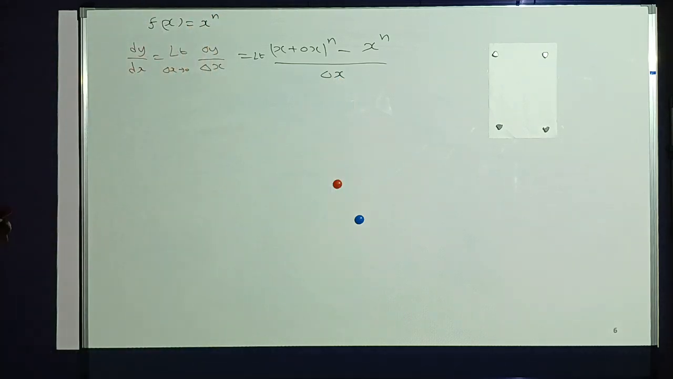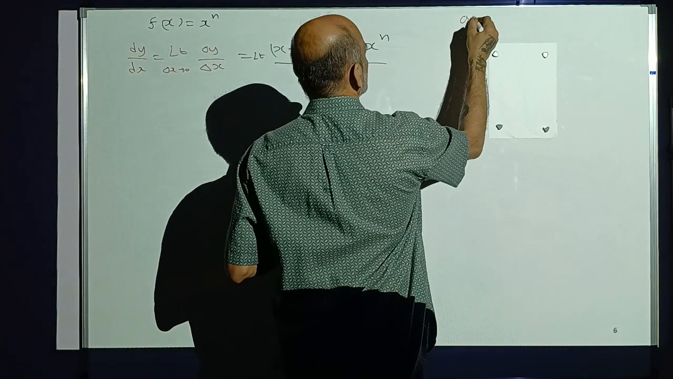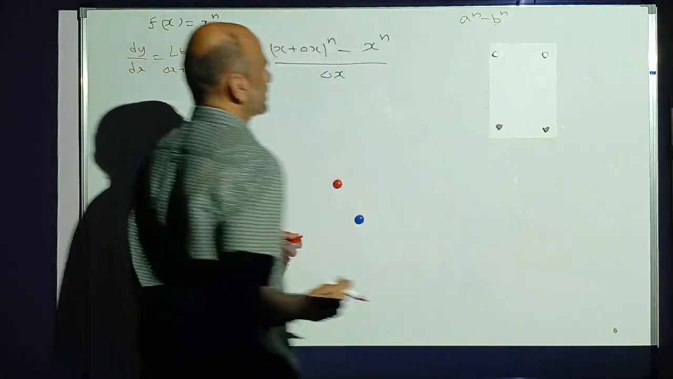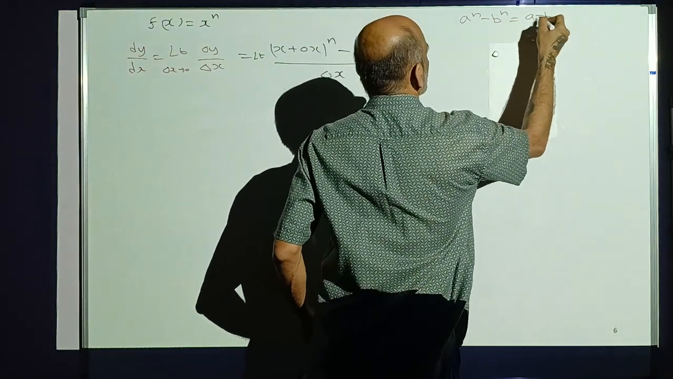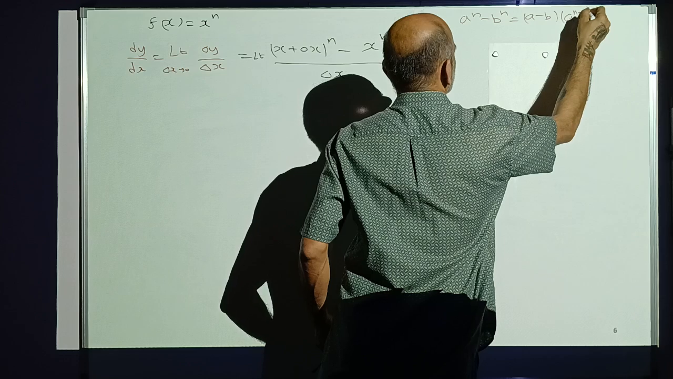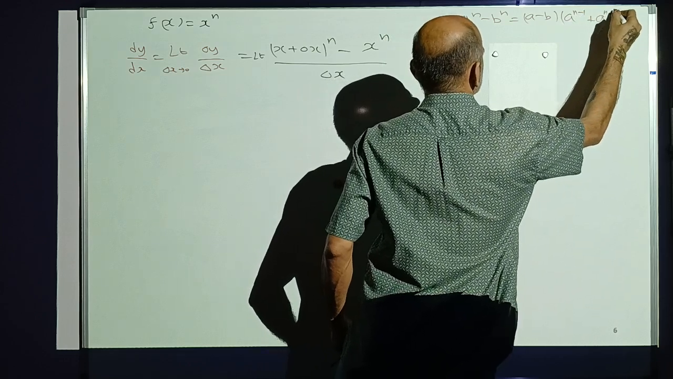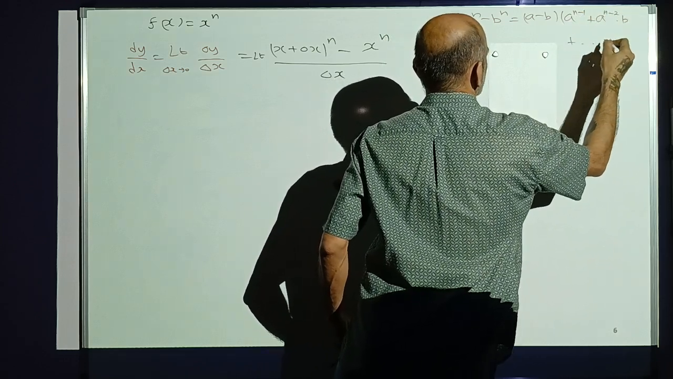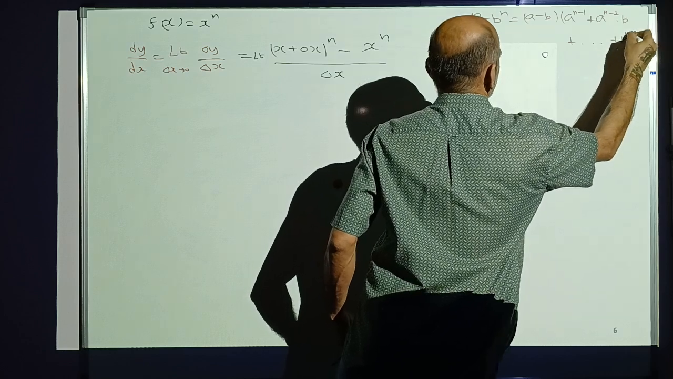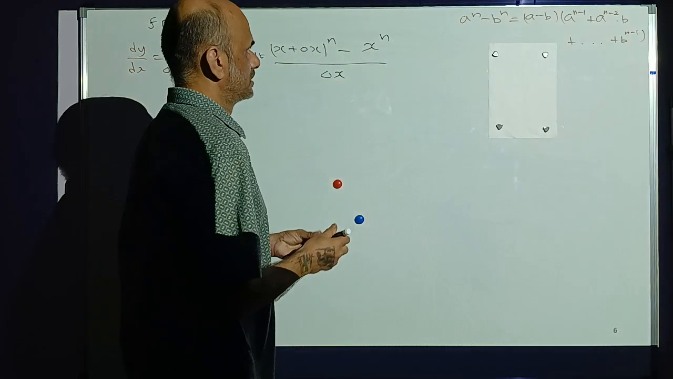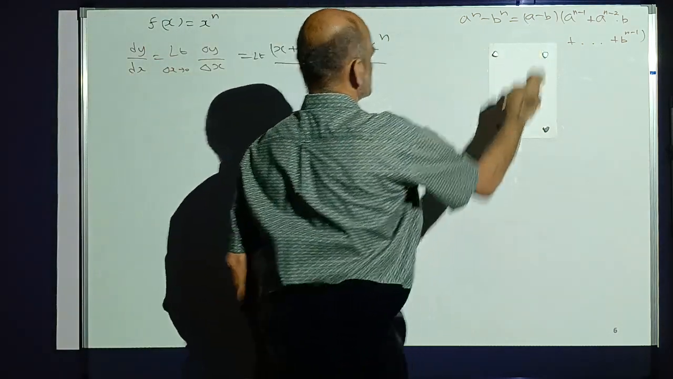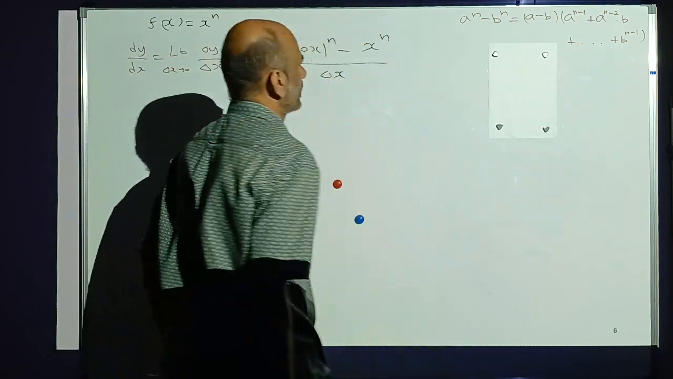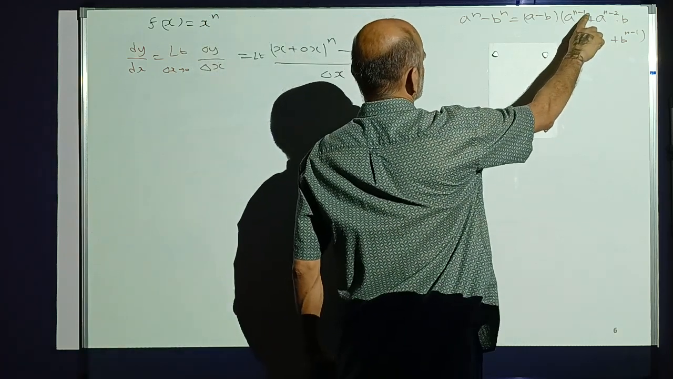To solve this, we use an algebraic identity. a raised to the power n minus b raised to the power n is a minus b into a raised to the power n minus 1 plus a raised to the power n minus 2 into b plus so on plus b raised to the power n minus 1. The way to remember this is it's a polynomial of nth degree. So here one degree has come out, so the remaining should be n minus 1 degree. So this will be a raised to the power n minus 1, b raised to the power 0, and